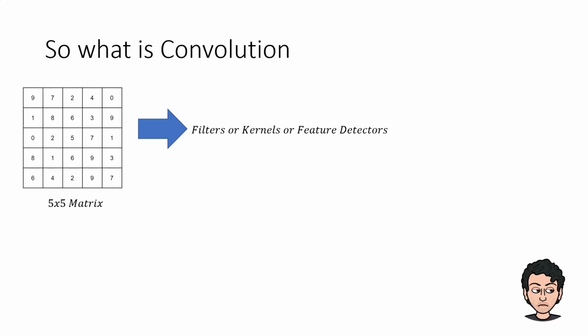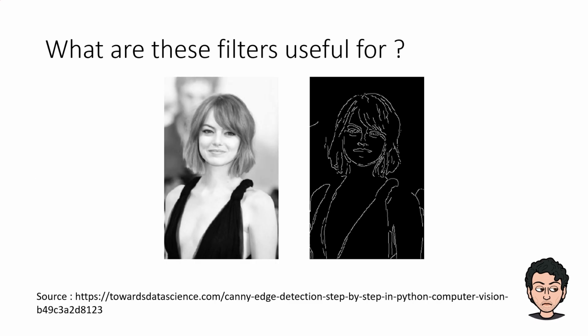These filters, or kernels, or feature detectors, those are the conventions that are given, help us get the extracted information. This extracted information is basically the activation weights which are carried forward. Just like a standard neural network, convolutional neural networks also extract a great deal of information from an image. It is going to consider all the pixel values directly without you having to extract them. What are these filters useful for?